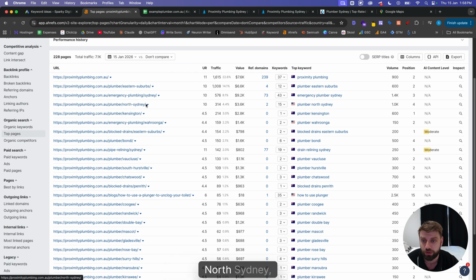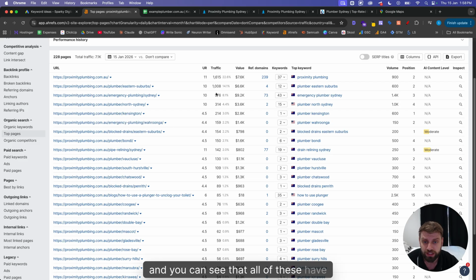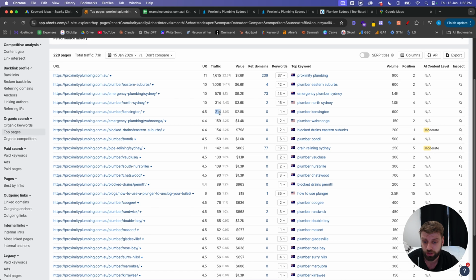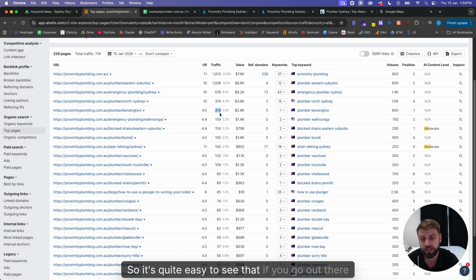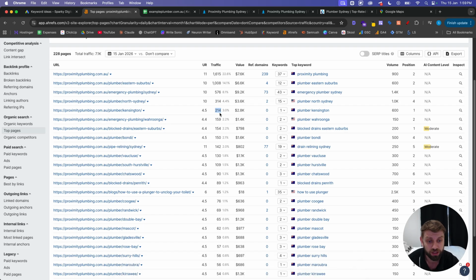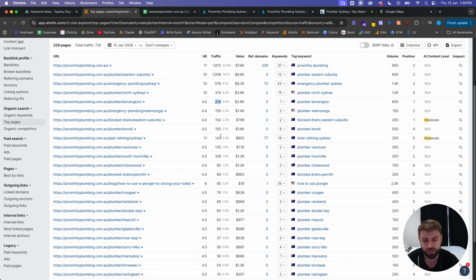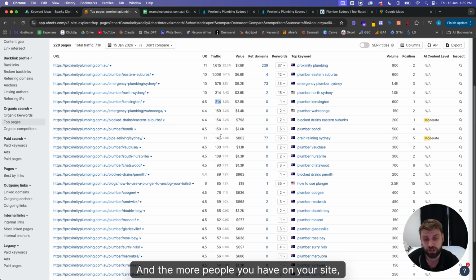So you can see that a lot of their traffic is actually coming from location pages. So they've got one here, North Sydney, Kensington, Warringah. And you can see that all of these have a significant amount of traffic that they're bringing into the site. So this is 576, 314, 214, etc. So it's quite easy to see that if you go out there and create location pages for all of these major suburbs with search volume, there is a large amount of traffic potential that you can be bringing into your site. And the more people you have on your site, the more chance you have for them to reach out and inquire for your